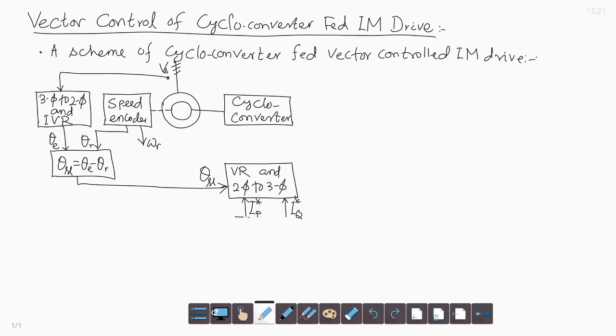So, IP star is obtained from a polarity reverser and a controller,